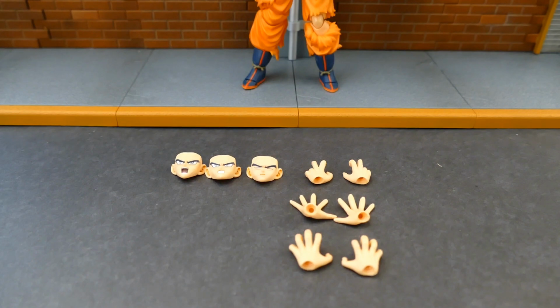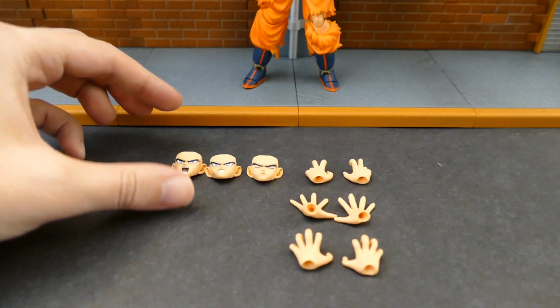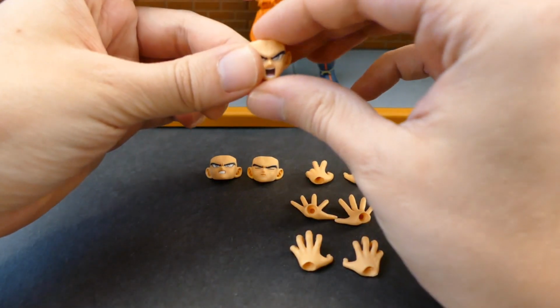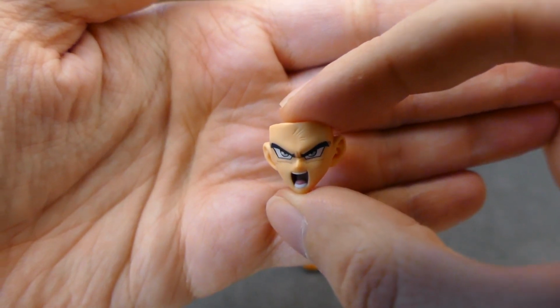Okay, next up we'll take a look at accessories. So Goku doesn't come with too many here. He only comes with 4 sets of faces and 4 sets of hands. On the figure out of the packaging, we saw his fists and the standard, just kind of neutral face on the figure itself. And so, let's first take a look at the faces and then the hands. So first face we have is a shouting face, and this is the same one that comes with the Ultra Instinct figure,